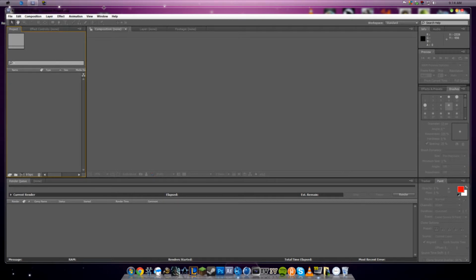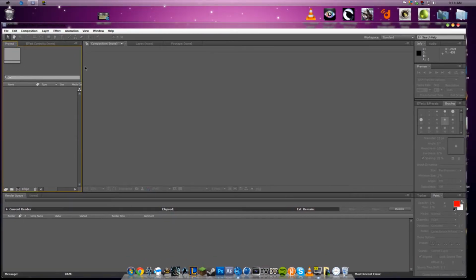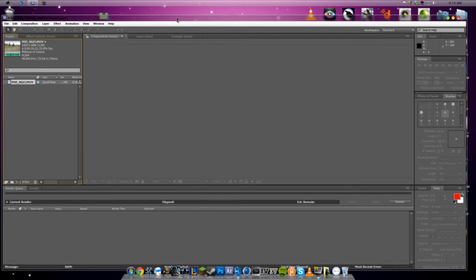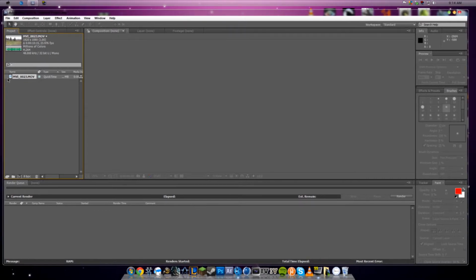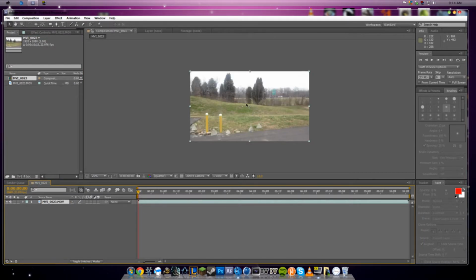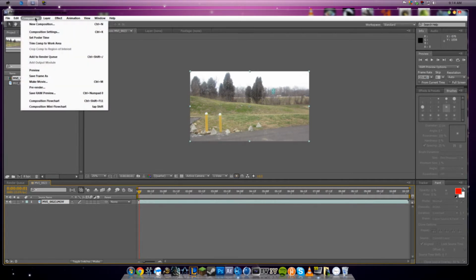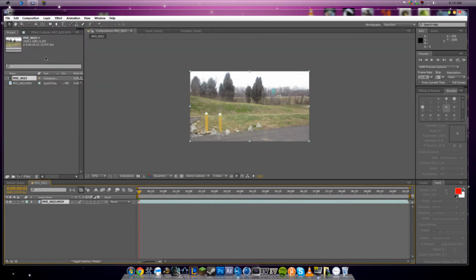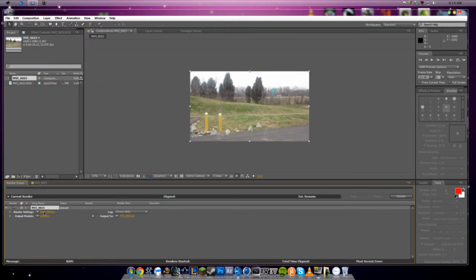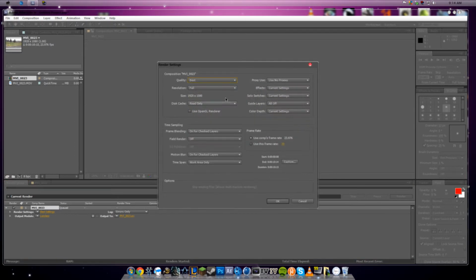So first things first, you're going to want to drag your clip into Adobe After Effects. Now once you do that, you want to drag it into a new comp. Alright, and then you're going to want to go to composition, add to render queue. Now once you're at the render queue, you want to go to render settings,